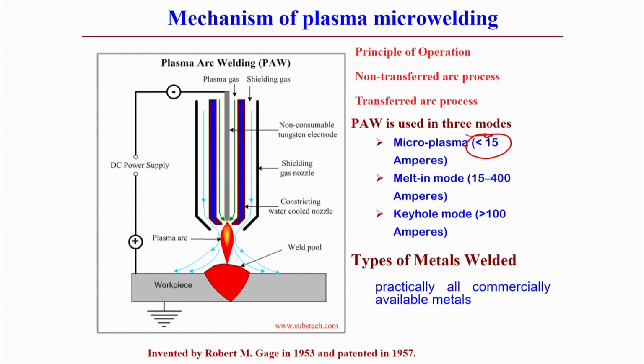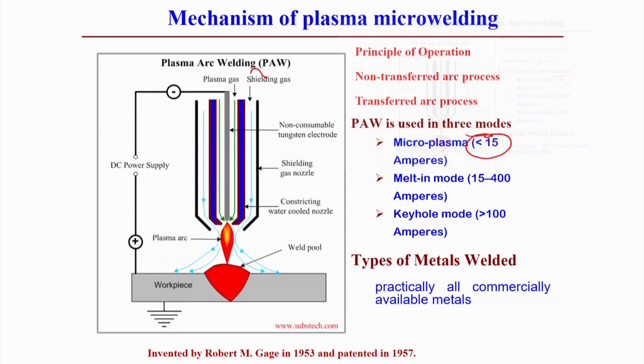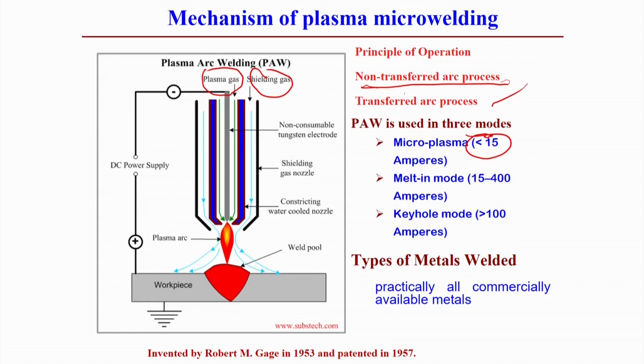So, the principle of operation is in terms of the non-transfer arc or transfer arc process. Non-transfer arc means the plasma gas is supplied with the electrode to create the arc, but there is a need for another shielding gas in the plasma welding process. So, two different gases are required, for the creation of the arc and the shielding of the molten material. We see the non-transfer arc in the normal process, and the transfer arc maybe when